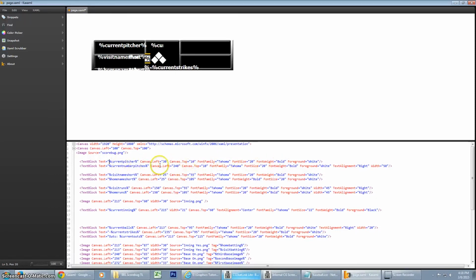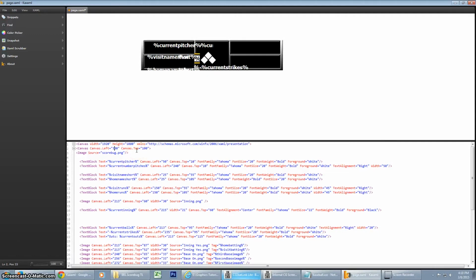And this way here you can also change the fonts, the color, bold, things like that. You can also change with the canvas left and canvas top. You can change the positioning of it. Whoops, that's pretty far. So you can move it around within this image because it's all part of this one big canvas. And again, if I were to make that 300, that's going to